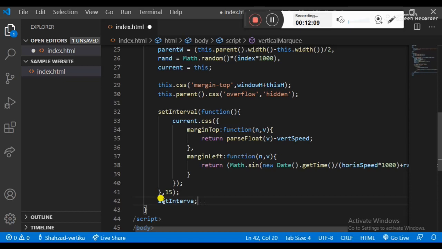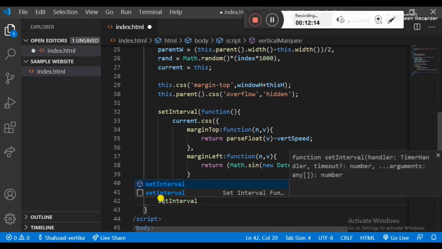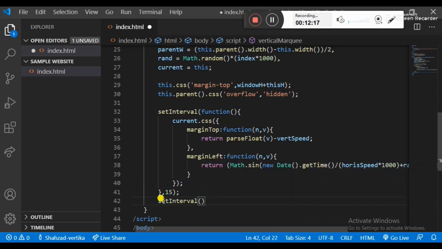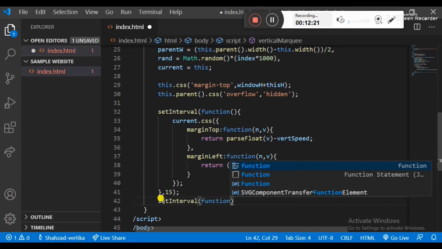Set interval has a function called like this.